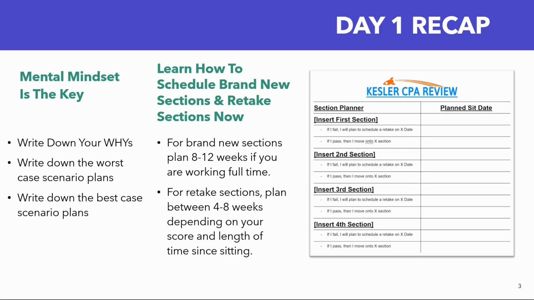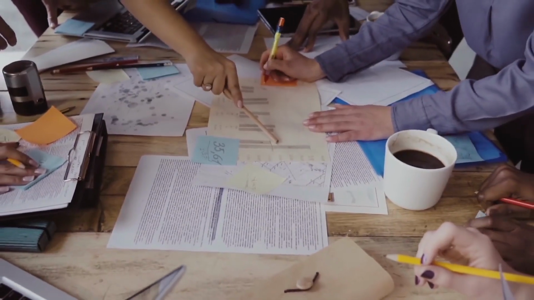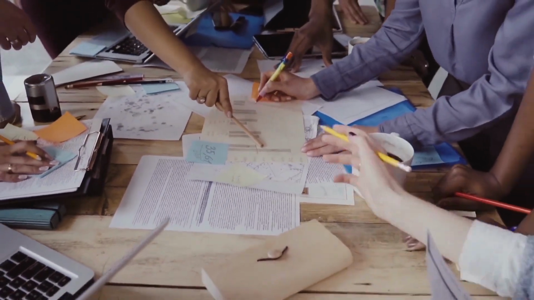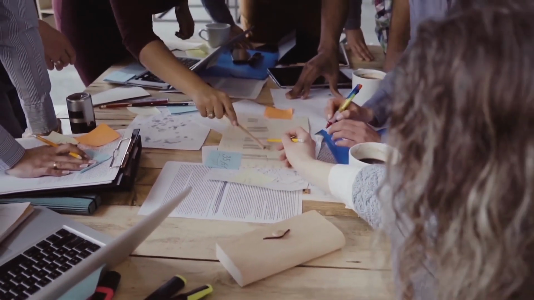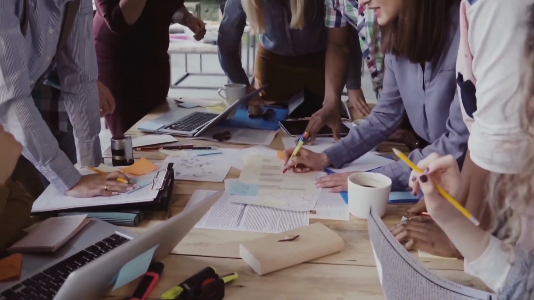Next, we want to learn how to schedule a brand new section, and then worst case scenario, how do you schedule a retake? And so there are some really key differences you need to know, but the rule of thumb for brand new sections, if you're working full time, you're going to need around 8 to 12 weeks per section. For a retake section, again, plan around 4 to 8 weeks, depending on your score and the length of time since you sat for that section. And then finally, on day 1, we also created your 9-month plan to passing. So get these dates on the calendar, stick to them, and then also plan again for those worst case scenarios